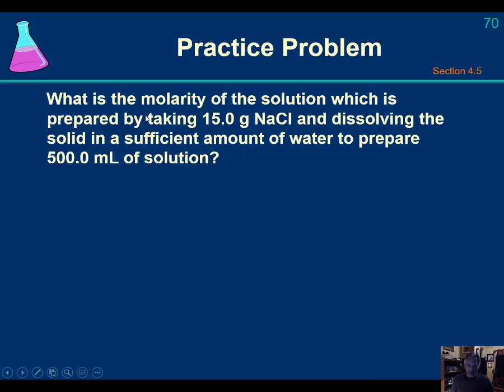So let's just say you measured out 15 grams of sodium chloride, and you're going to dissolve that solid in a sufficient amount of water to prepare 500 milliliters of solution, and we want to know what the molarity of that solution is. First thing to remember is that you want X moles, in this case, of sodium chloride. And so we'll go ahead and get that. We've got 15.0 grams of NaCl. We need to find the molar mass of NaCl, which is going to be